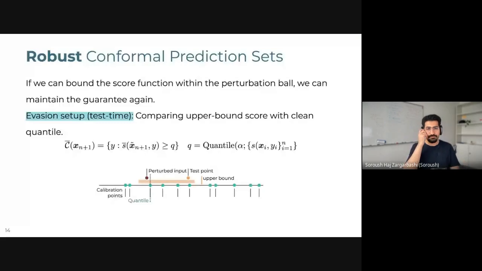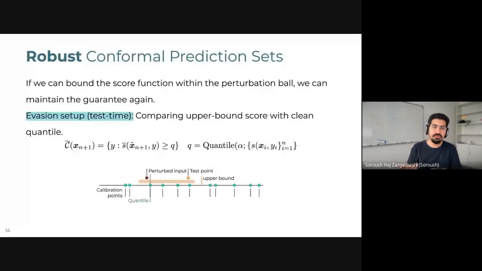All right, so this was an approach that gives us a robust CP, but it works at test time. We should run this procedure on each test input and on each label of the test input. Intuitively, this process could be time consuming. For some datasets like ImageNet, which has 1,000 classes, I need to compute 1,000 upper bounds for each test point that I receive, and it's a bit time consuming.